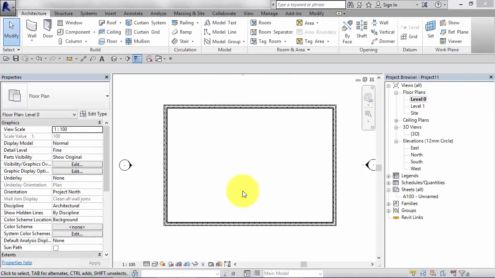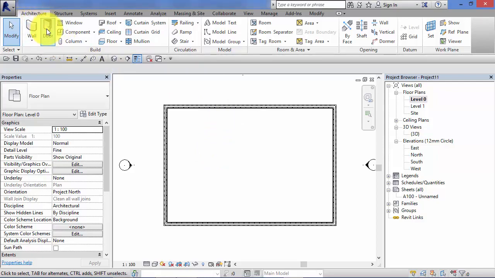In an earlier unit, we talked about system families and component families and how component families were standalone objects. Doors and windows are a specific type of component family, and that is they are hosted families. By hosted families, we mean the components themselves need another element on which to host themselves. So, for example, if I take a door, so architecture and door,